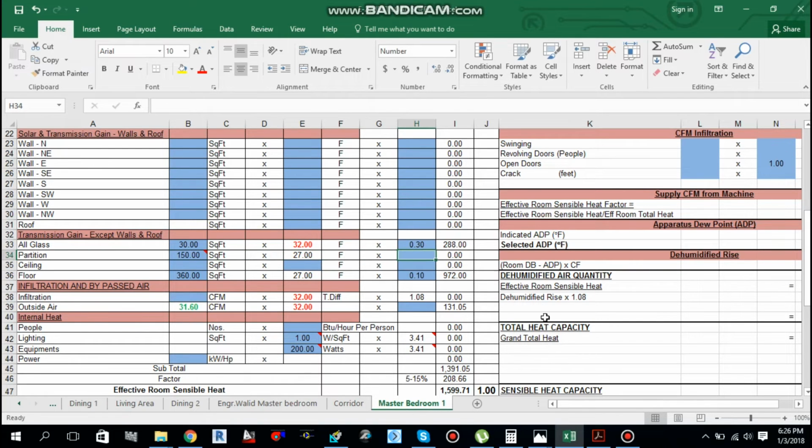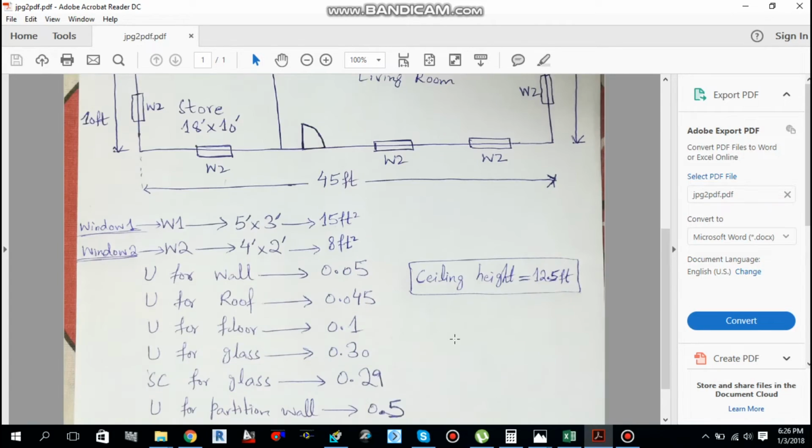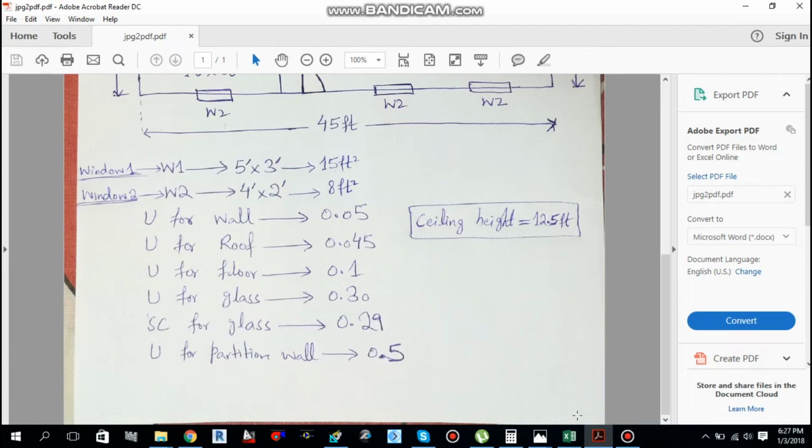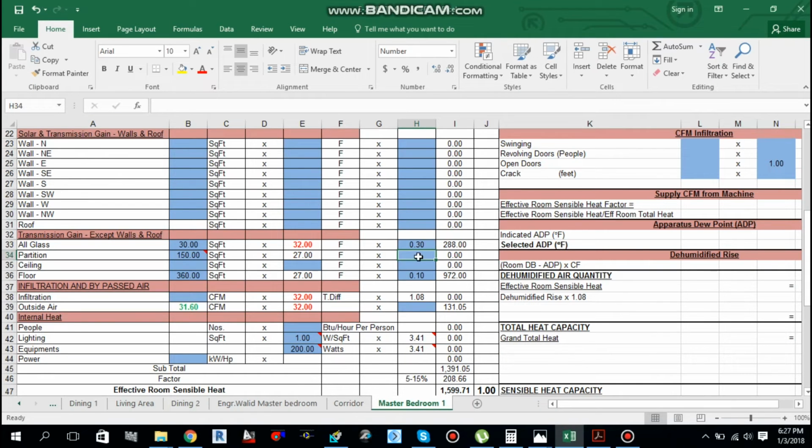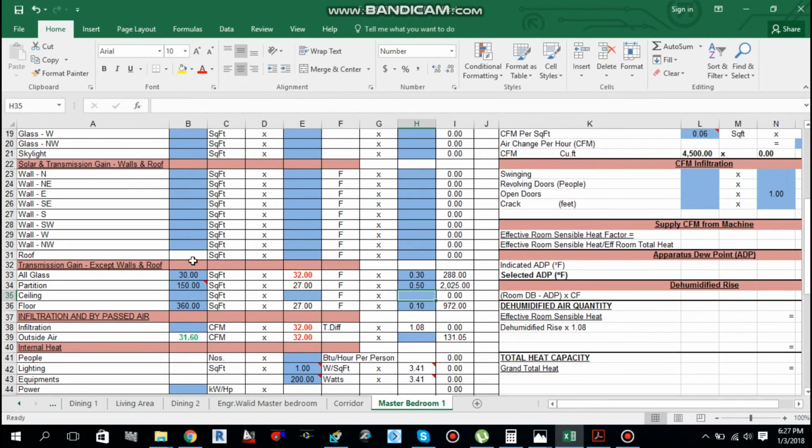Okay, and the partition wall U value we can see over here, that is 0.5, so we can use 0.5 U value for the partition. And so it's done. For the roof, that is the same area as the floor area, 360 square feet.